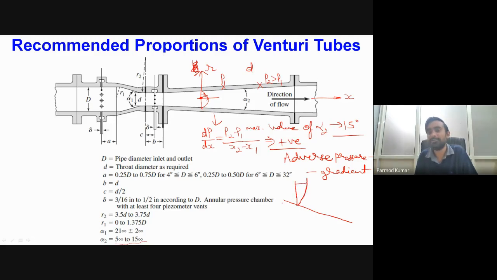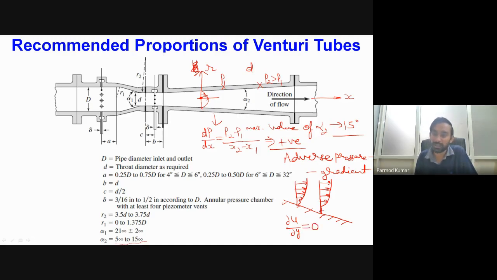Now if the inclination of the surface is such that we have a very rapid increase of the pressure, then because of that rapid increase we will find a situation where our gradient of the velocity becomes zero. So we will have a velocity profile something like this. In this velocity profile, at this point you can see that our value of the velocity gradient in the y direction is equal to 0.